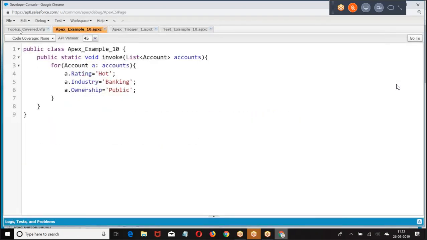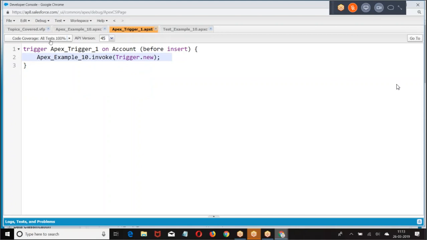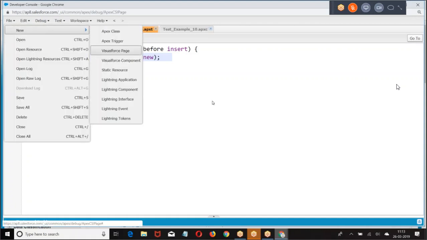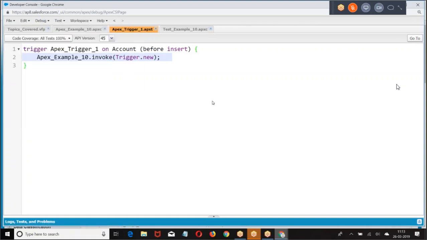Go back to this. This is how we got code coverage for the class as well as for the trigger. Have you got the point? Am I clear with this? So if you want to test a trigger, perform the corresponding operation and check. Now, let me know how you will test this trigger. I hope this example is clear. Clear for everyone? Right.